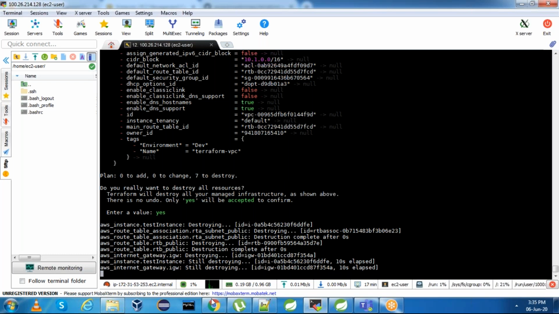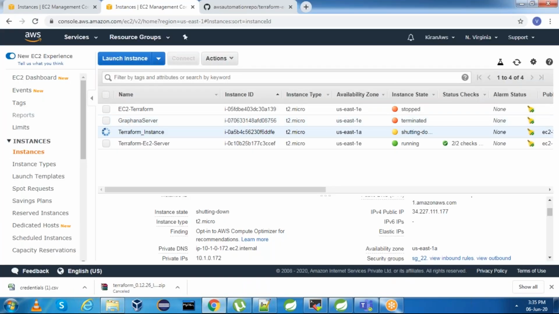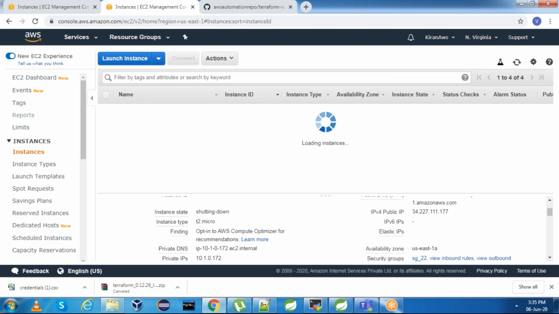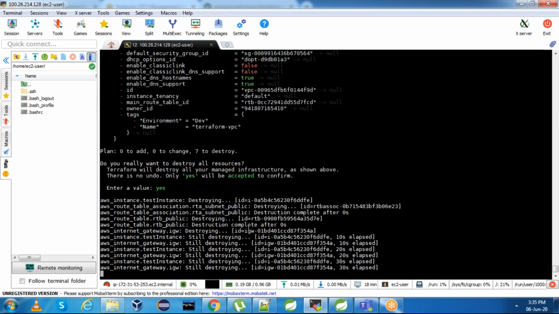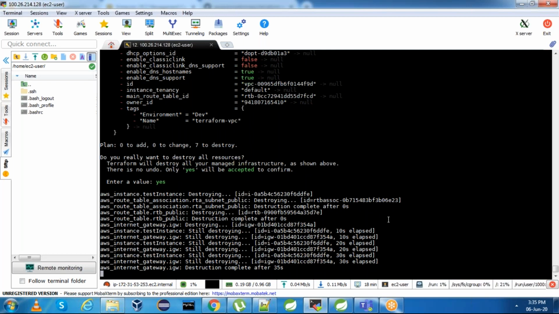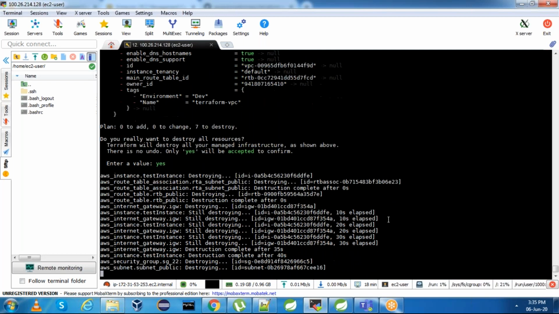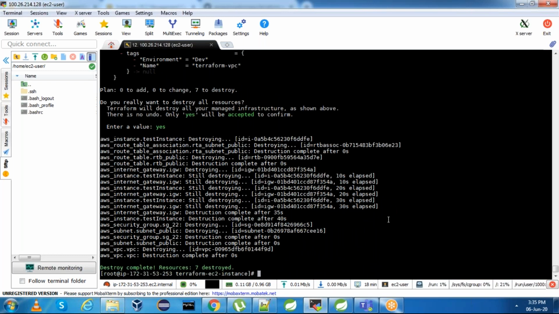See, the instance which we created is going to get deleted. See, it is shut down. And it is deleting the VPC, internet gateway, subnets and route table associations. All these things it is going to delete. Perfect, it is deleted.